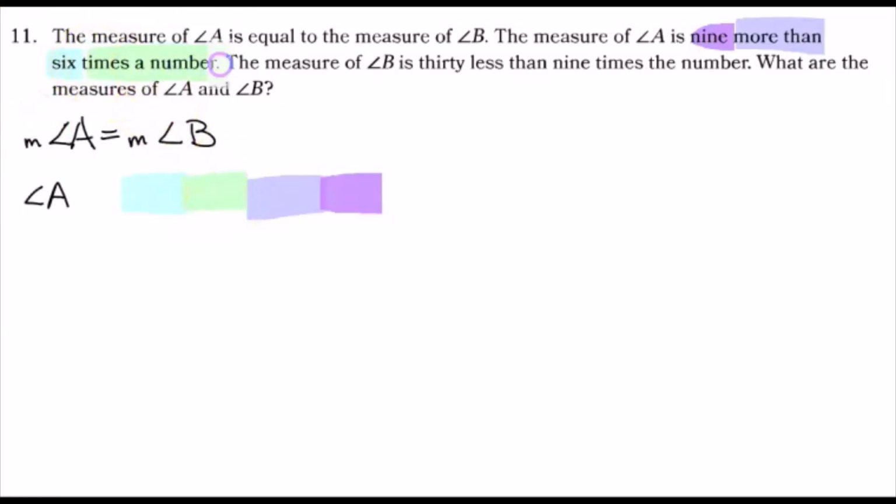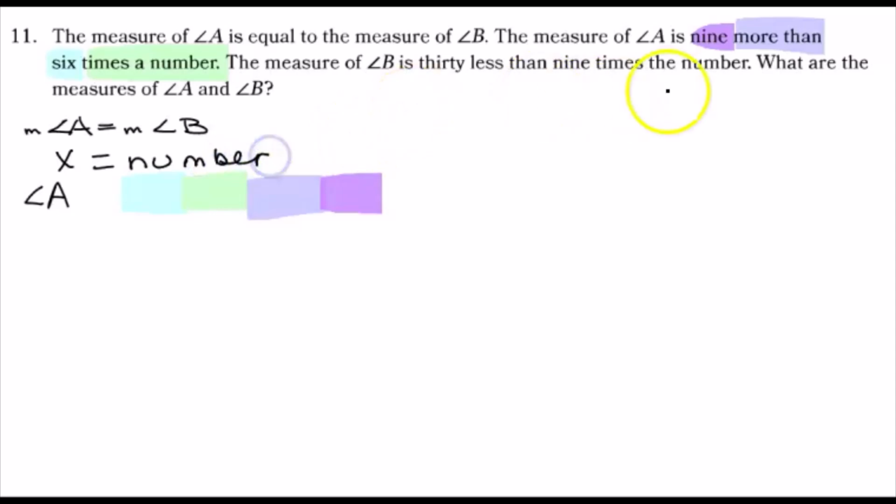So I will have to define my variable. Let x equal a number, and then 9 more than 6 times a number is equal to A, and angle B